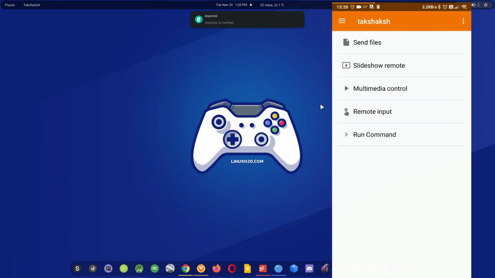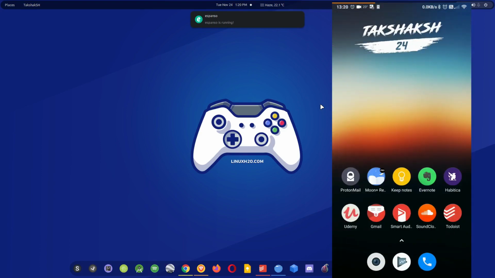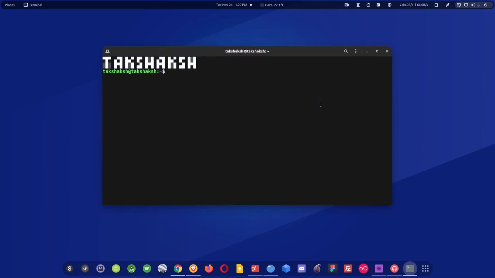So these are the four ways that you can utilize at your fingertips to execute your commands as fast as possible. And the last but not least is your regular terminal emulator. You can simply press the combination to open the terminal emulator and execute your command. But that's old school, and these are the new ways that you can utilize in your distribution.